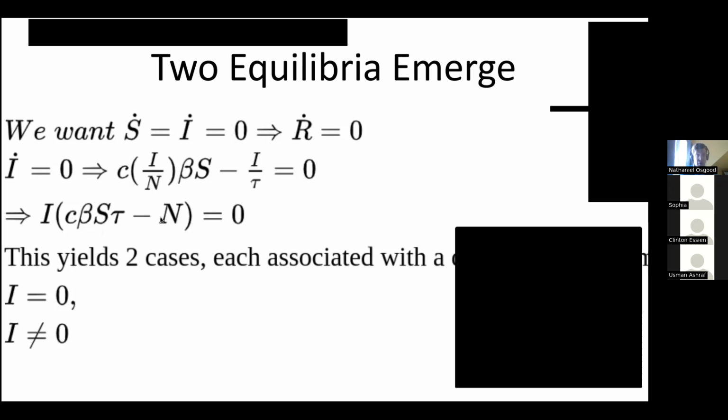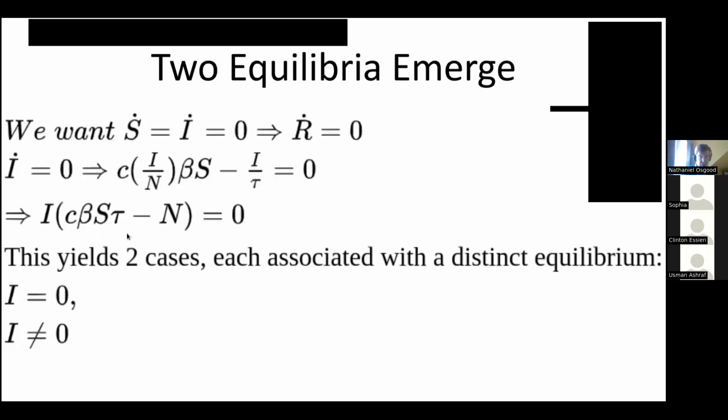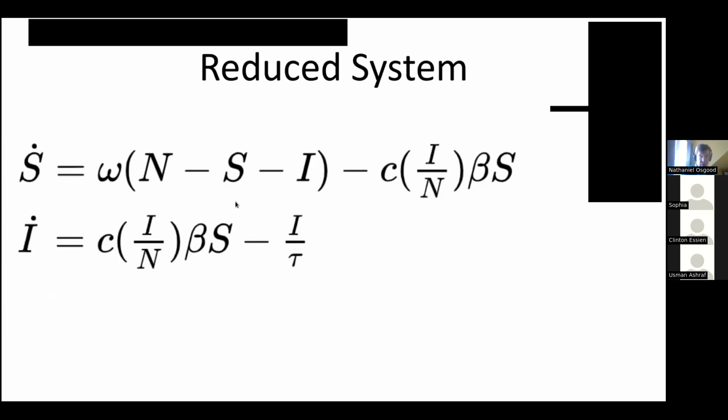And then we can use the other equation to solve for the value of I. Since we know S, we can use this equation because we've been using this equation. Now we could use this equation to solve for the value of I, plugging in this value of S that we solved for here when we know I is not equal to 0. If I equals 0,